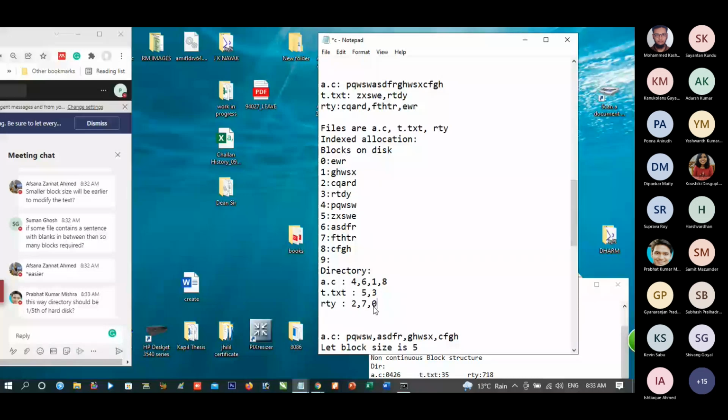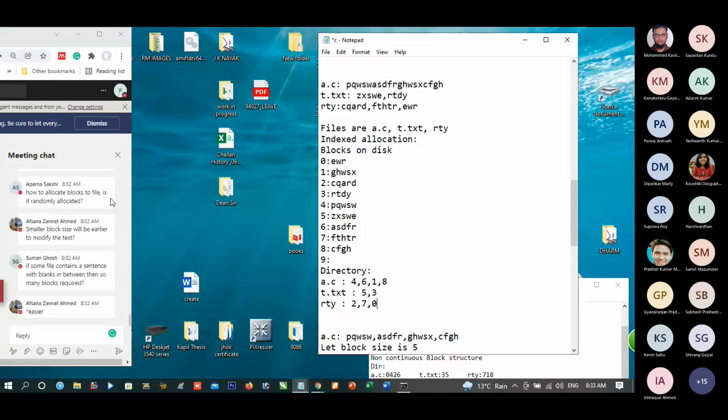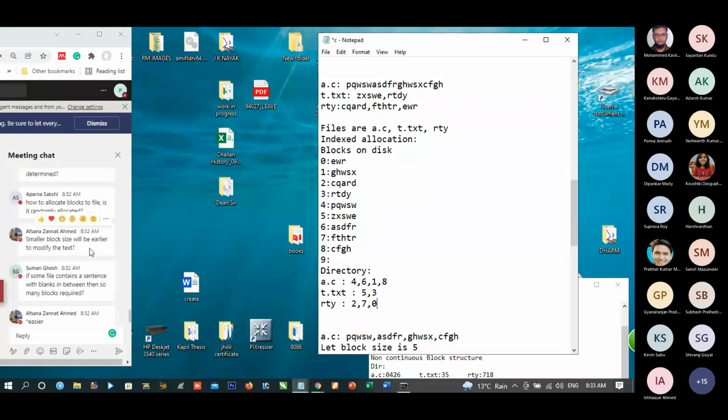Do you have any doubt? No, that is not correct. Smaller block size will not be easier to modify.